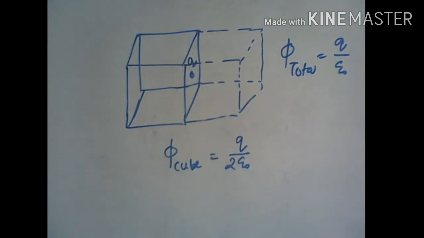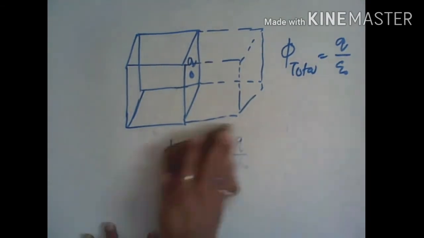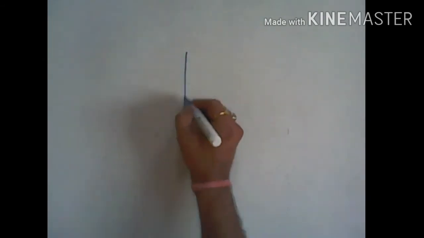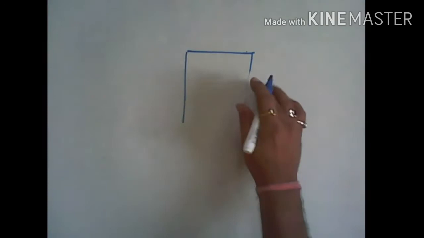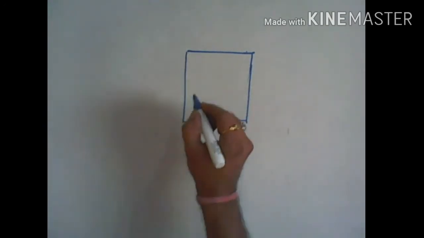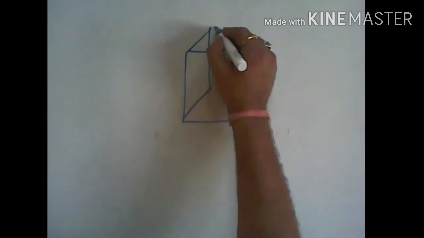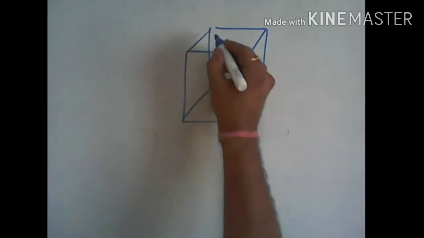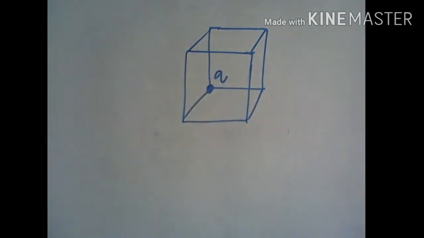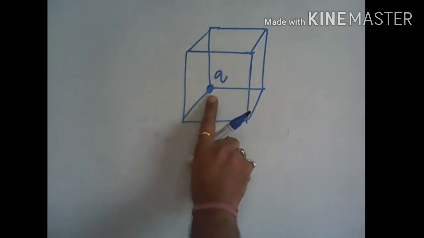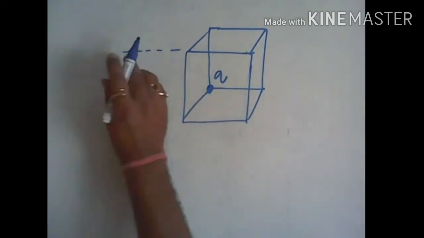Similarly, one more example. If the charge Q is placed at this corner, then how to find the flux? So what we'll do is, first we'll enclose this as we did in the previous example. So I will draw one cube from here,